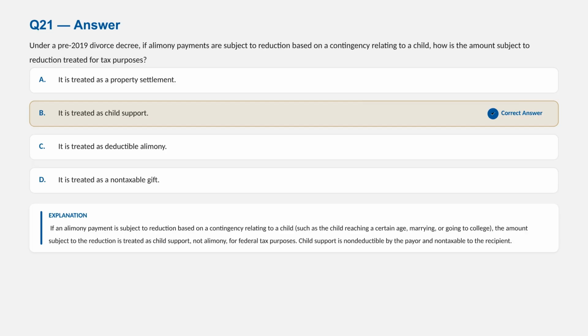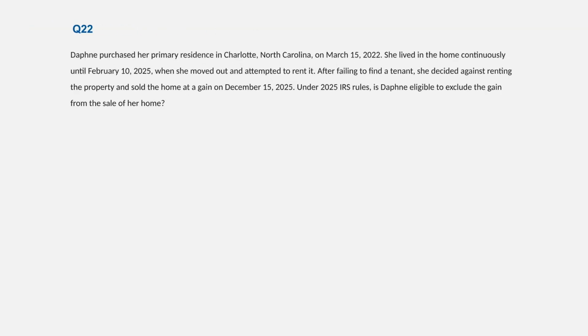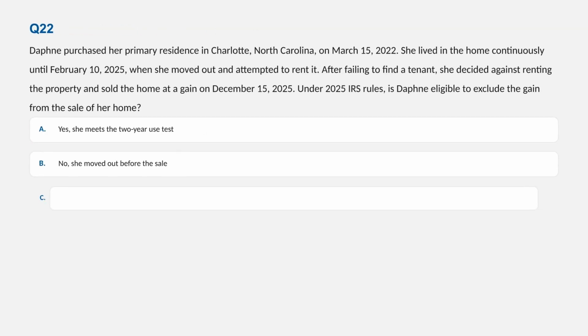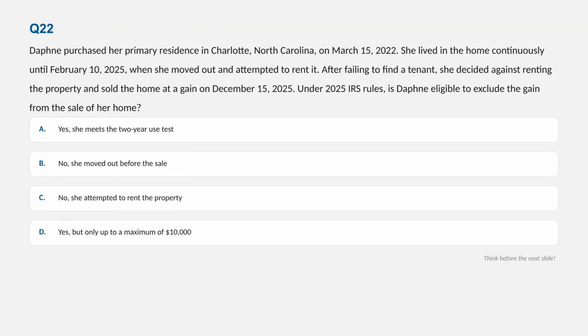Great. Now let's move to our next question. Alright, let's move to question 22. Daphne purchased her primary residence in Charlotte, North Carolina on March 15th, 2022. She lived in the home continuously until February 10th, 2025, when she moved out and attempted to rent it. After failing to find a tenant, she decided against renting the property and sold the home at a gain on